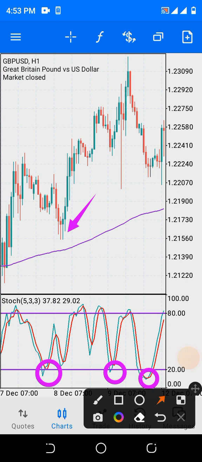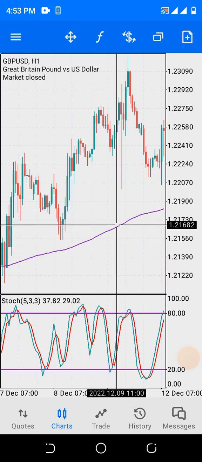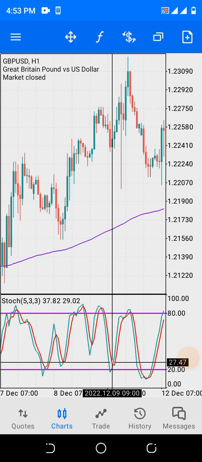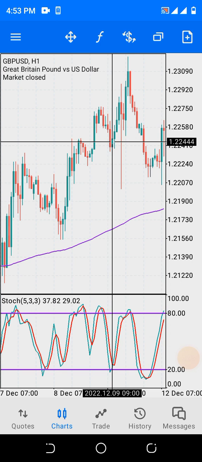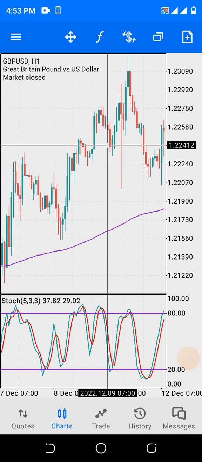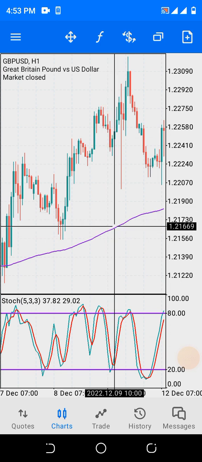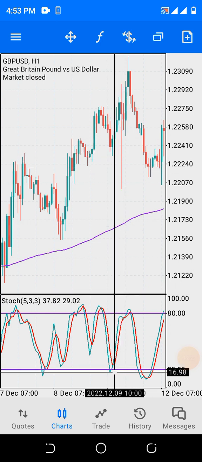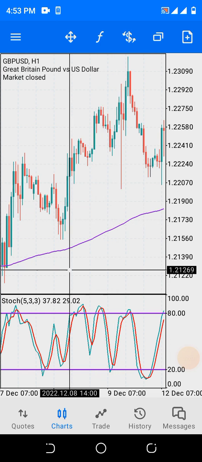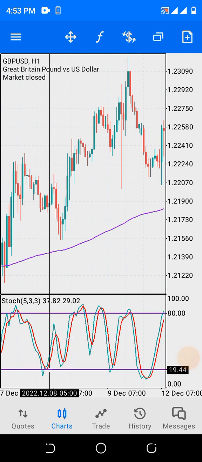Just for instance, watch this particular point. Look here. Here it is oversold, but when you look, the candlesticks are far away from this moving average. So this is a false signal. Do you understand? So the conditions are, in the case of buying, when the candlesticks are above the moving average, one is that it must be oversold.